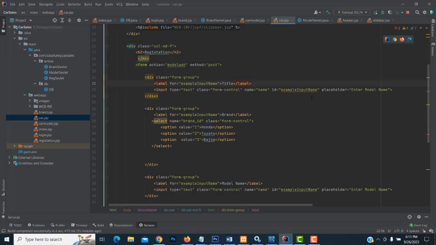Right, title. This one should be the book name. So we don't need them. This one we have to ID this one to make it as a title. Just put the title here. Name field, we have a title. The name, this attribute is going to, when you click save button, what is the name attribute